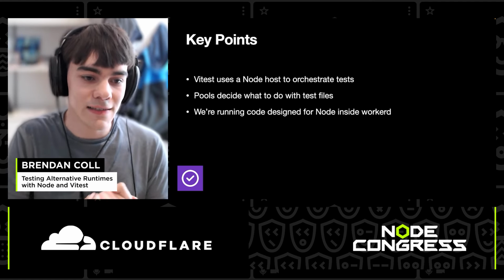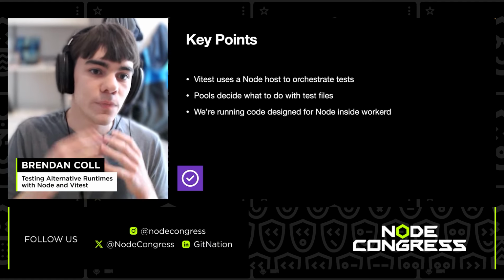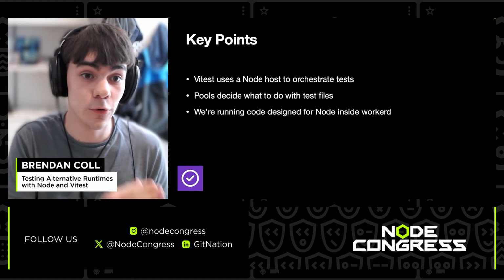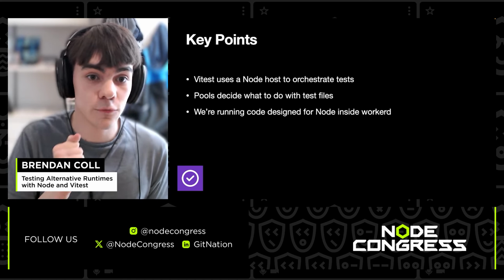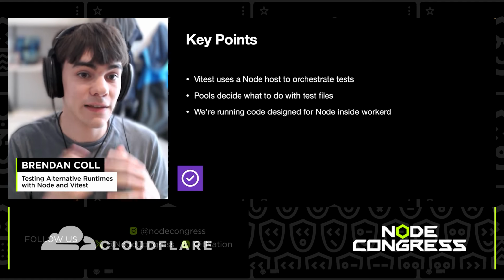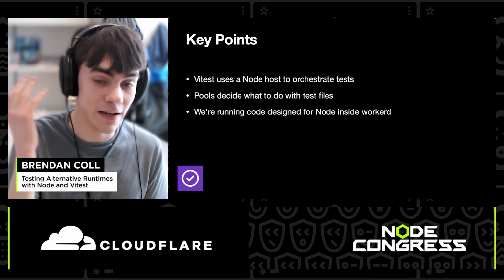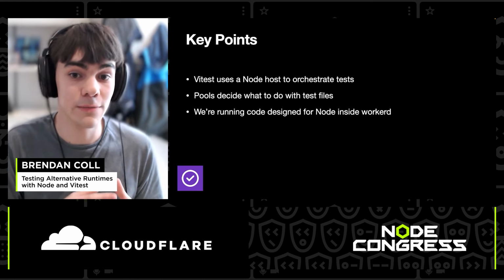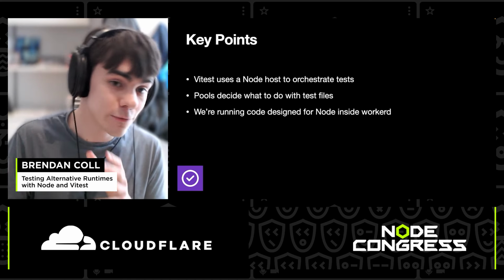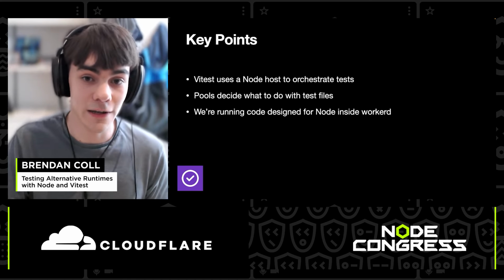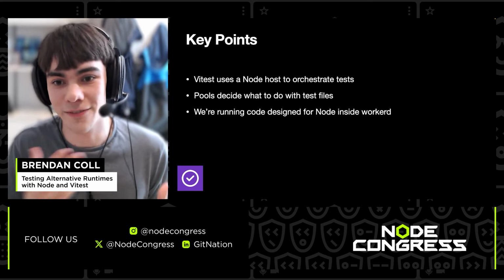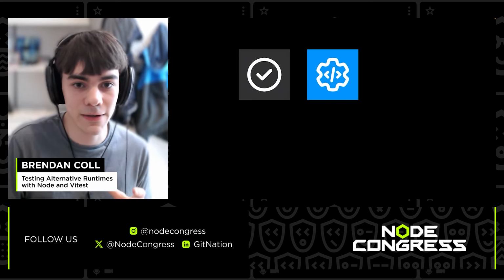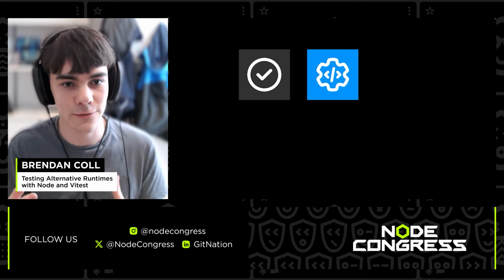So let's overview what we've covered so far. The key points are Vitest uses a node host to orchestrate tests and report results. Pools decide what to do with test files. In this example, we've run test files in a node worker thread. But for the Cloudflare Workers integration, we'll want to run them in workerd processes instead. The test runner code that Vitest uses is designed to run in Node, but we'll be running it in a workers environment instead. Cool. So I mentioned that Vitest uses dynamic code evaluation inside the test runner, so let's explore